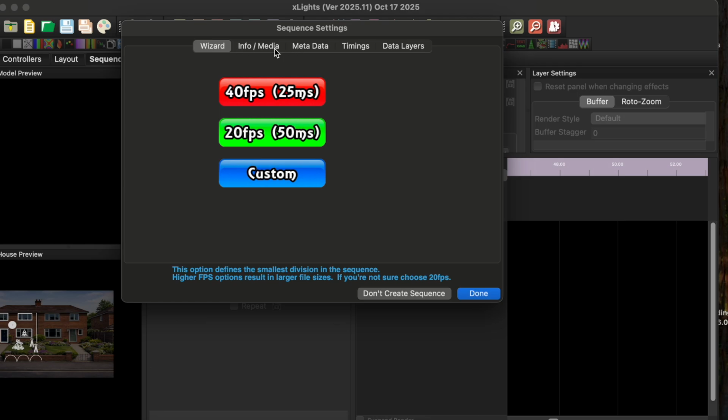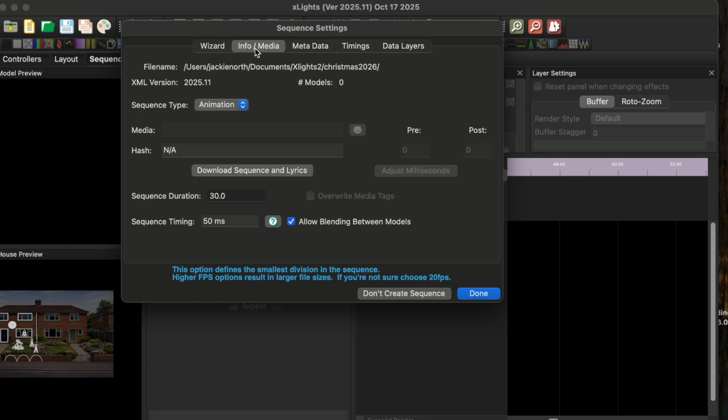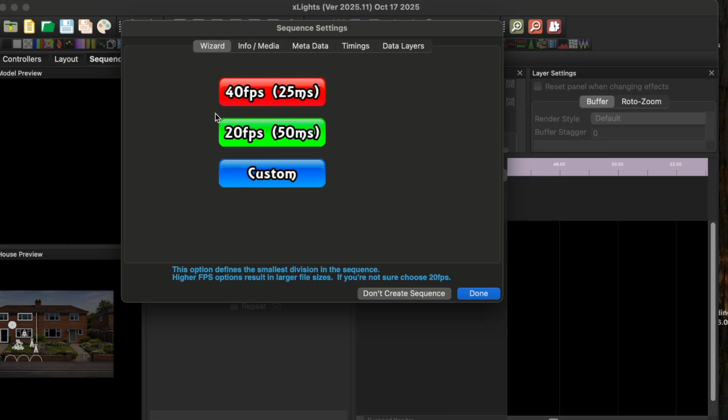Now if we come up here to info, sequence duration 30 seconds. Every animation starts off at 30 seconds. You can make this longer if you want. If you decide 30 seconds is enough and then further down the line you decide you want it to be longer, you can make it longer, which I'll show you how to do. So if we go back to Wizard,